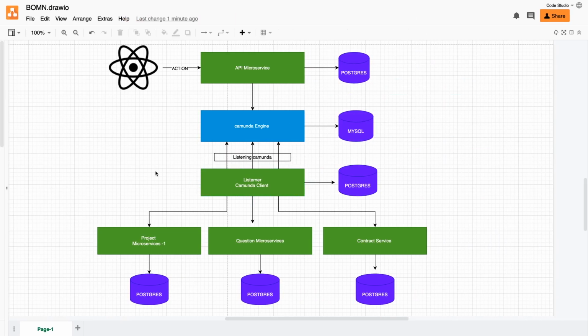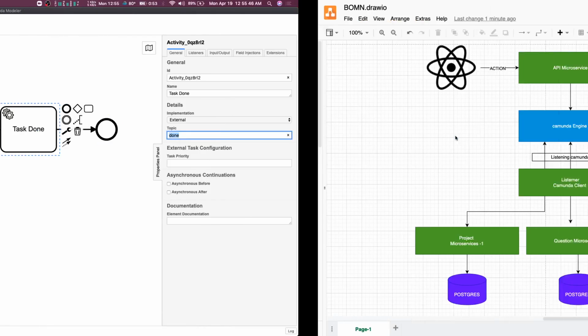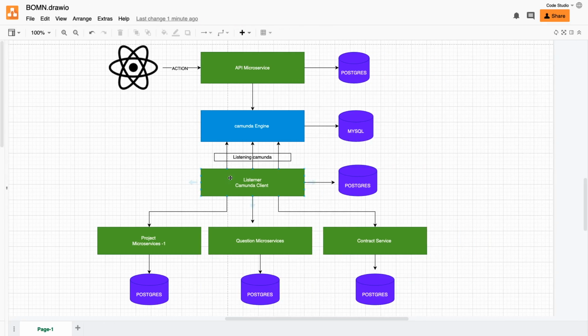Now what we can do, instead of these topics, there will still be topics, but for each and every topic we can delegate this particular task to an independent microservice. This is microservice 1, this is microservice 2, let's say.